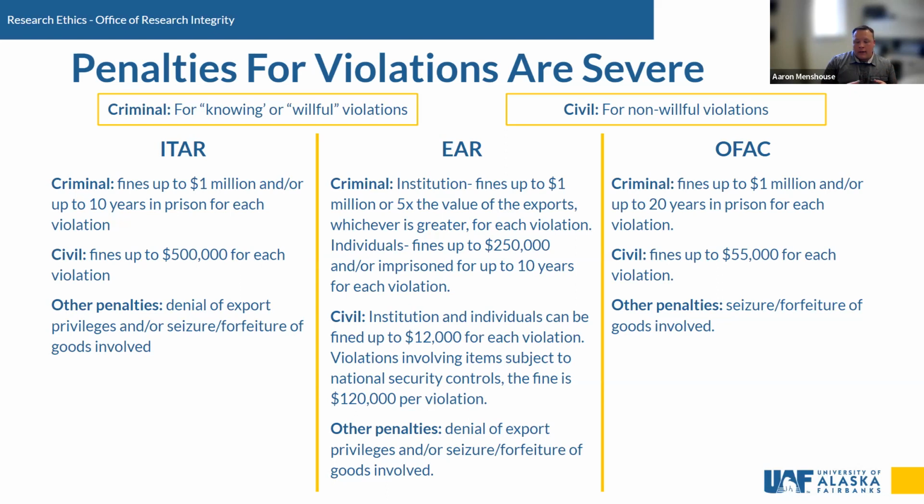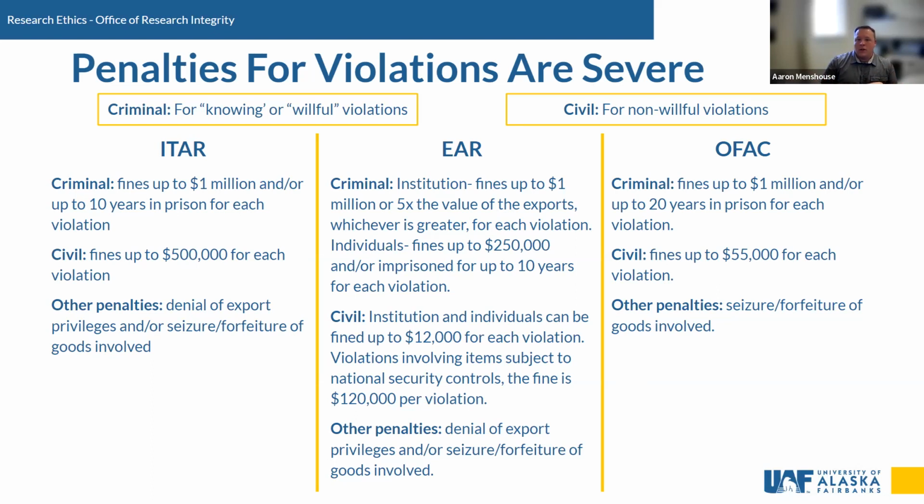let's say we have a researcher from a country like China that may be restricted, all right? They're not supposed to see the technology that you're working on, or they're not supposed to have access to certain parts of it. And they do regularly work with it, they do see it. They don't view that as a singular event. They will tally up how many times that person had access to the technology or to the data, and each of those is a single offense. So if they had access to it 10 times, those are 10 different offenses,